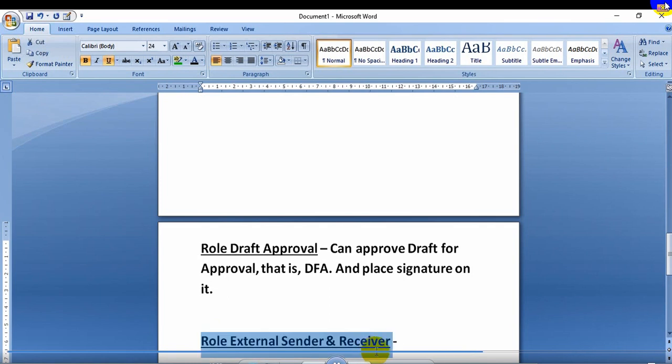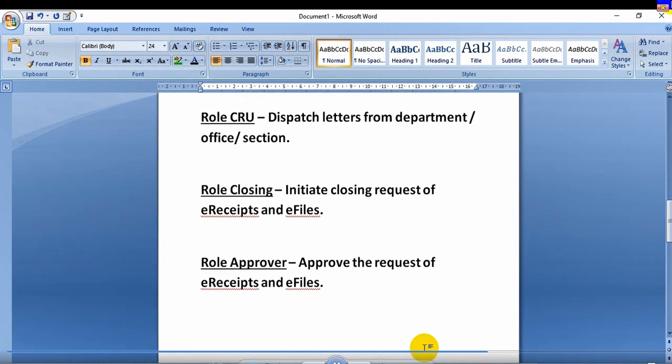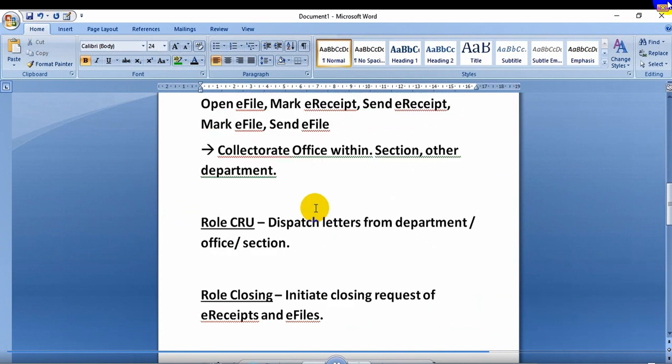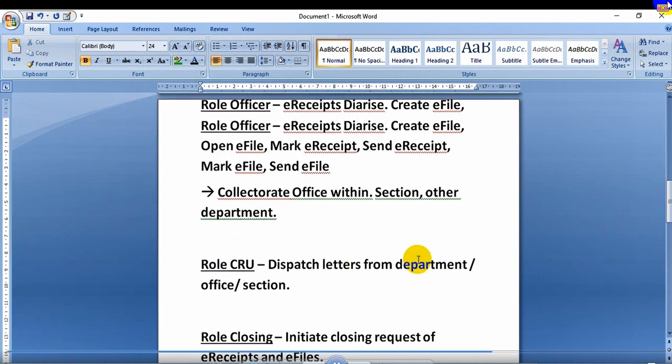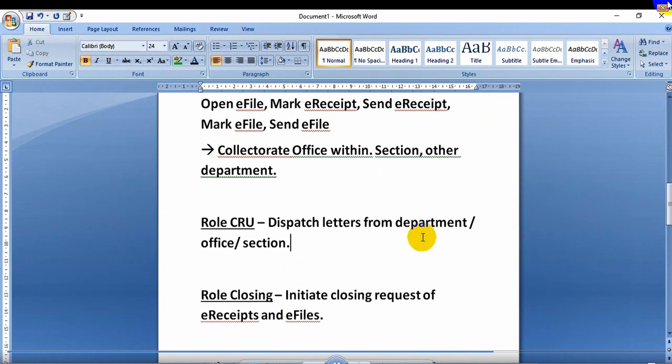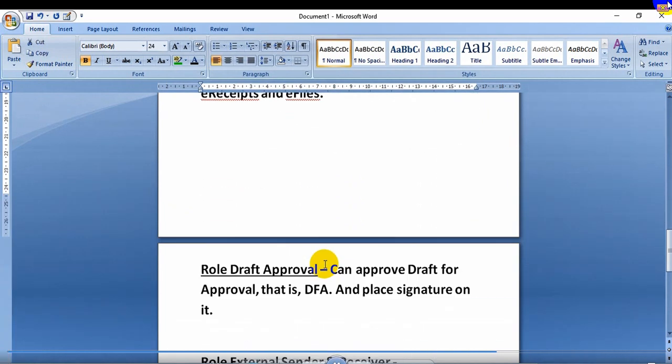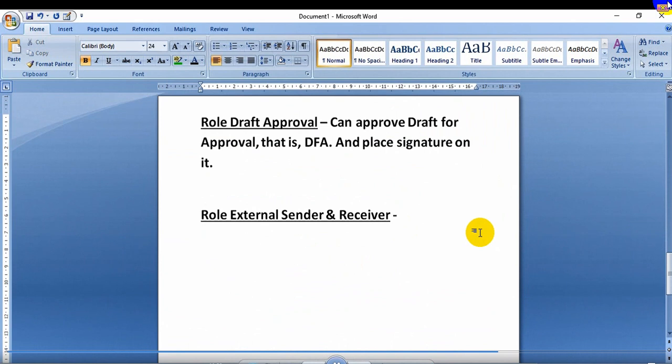Let me come above and see. Which role, this role CRU. Where in role CRU we see that it dispatches letters from departments and sections within the premises or within the district as a unit. But here, role external sender and receiver,